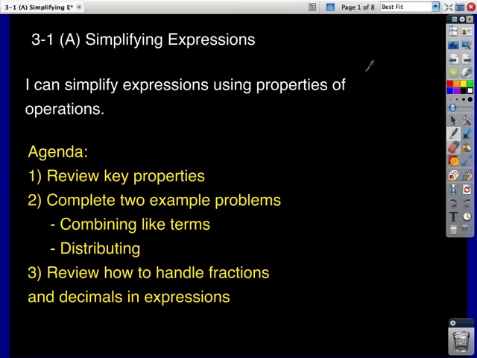Okay, so this is the first video in Unit 3, and this video is going to be talking about simplifying